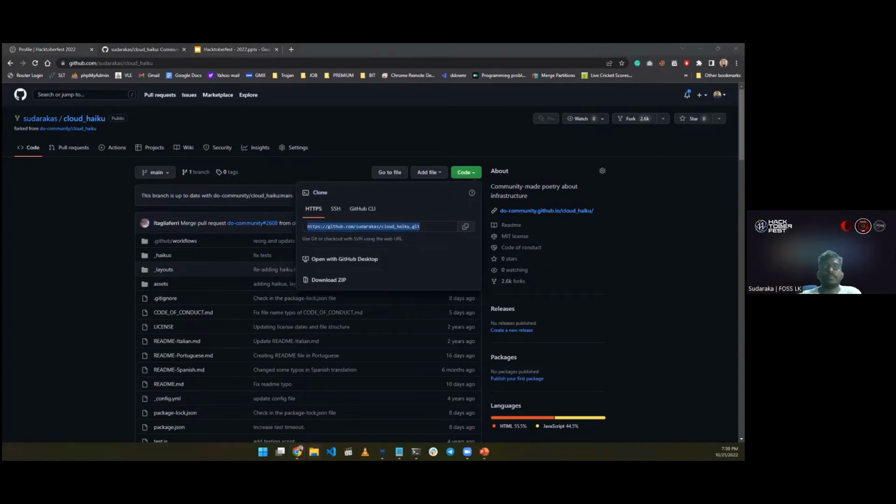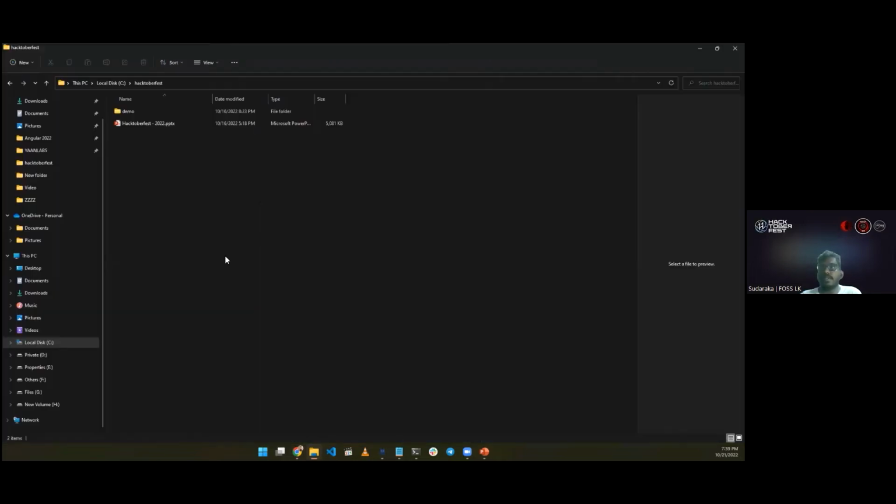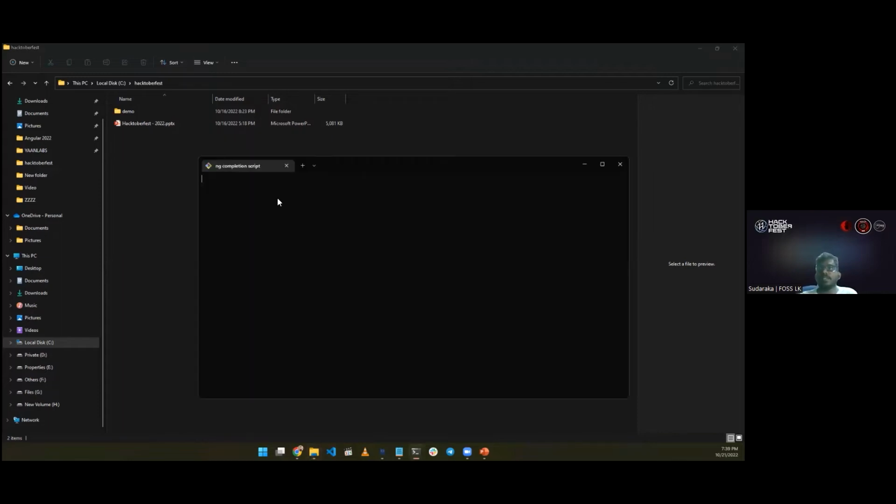Then go to your local environment, some kind of folder. So I have copied the link, and I'm going to open my terminal in order to clone the repository to start the contribution.